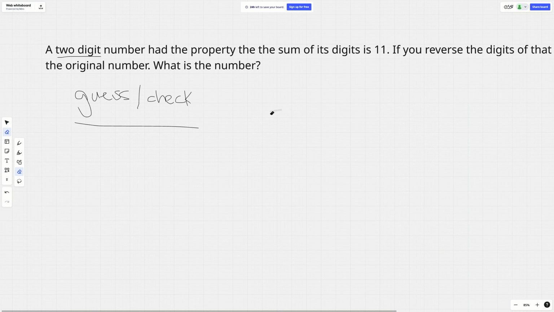We could definitely try to guess and check for all the values that have digits summing to 11. But there's actually a smarter and more scalable approach that would also work for larger input sizes and larger numbers, and that is the algebraic method. The way this algebraic method is going to be formulated is we have to create equations based on the given information from this problem